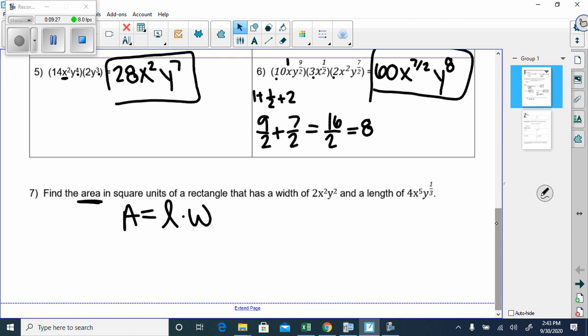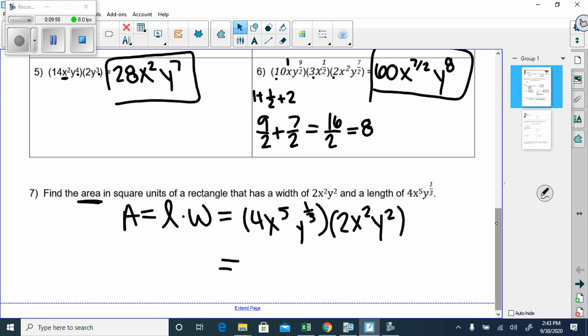Alright, so it tells me the width and it tells me the length. I just have to plug those into the formula, right? So my length, it says, is 4x to the 5th, y to the 1/3, times the width, which they said is 2x squared y squared. So it's really just asking us to do exactly what we did on the problems before. I multiply the numbers first. 4 and 2 is going to give us, good,